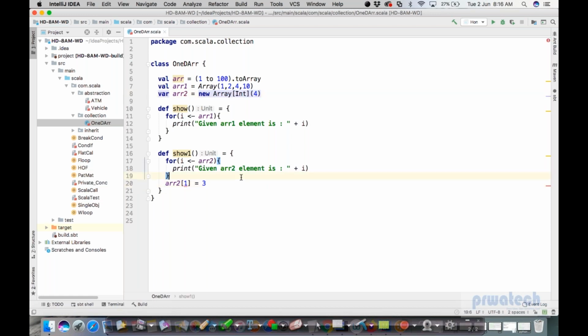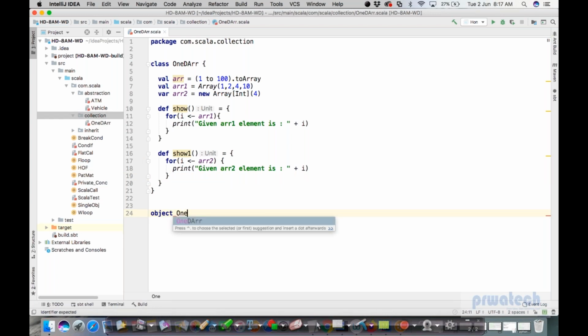Now this is giving me error because this was as well. Why is this giving a complex type? Let me use this kind of concept later to change and not change. I'll print object 1, then main method,